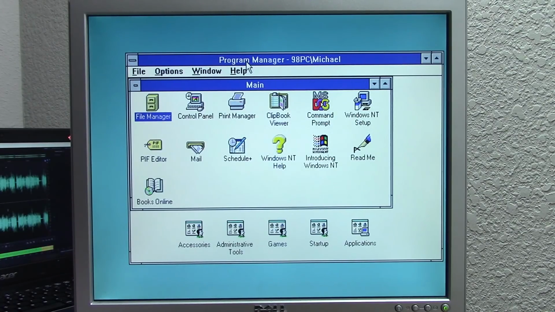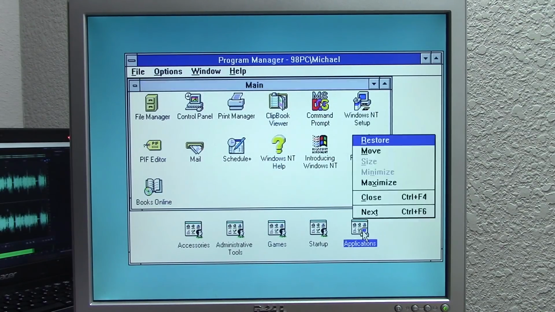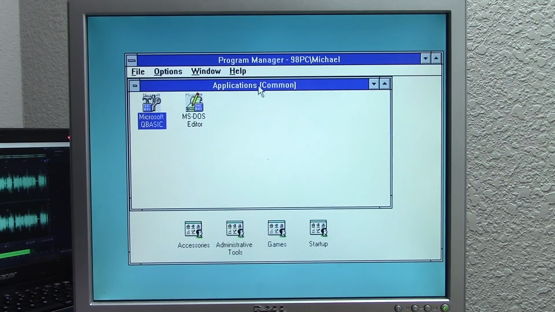So now you're going to see that there are a couple of additional programs in here, and also most of the references to Windows have been changed to Windows NT. For example, the Windows Setup, as it was called in Windows 3.1, has been changed to Windows NT Setup. We've got Windows NT Help introducing Windows NT. And you can see we also have this little user icon on the majority of these program groups down here, basically signifying that it is a program group for me personally, for my user account. And then we also have this applications folder over here, which has that little computer icon because it is a common